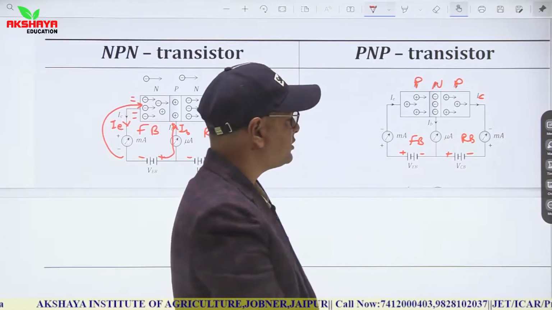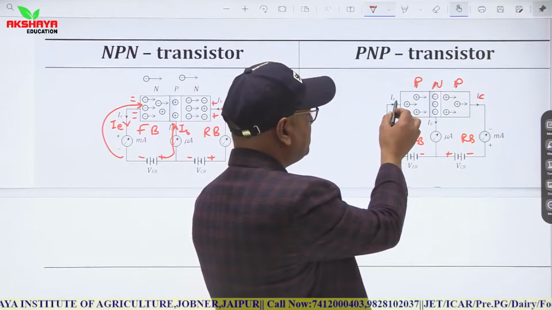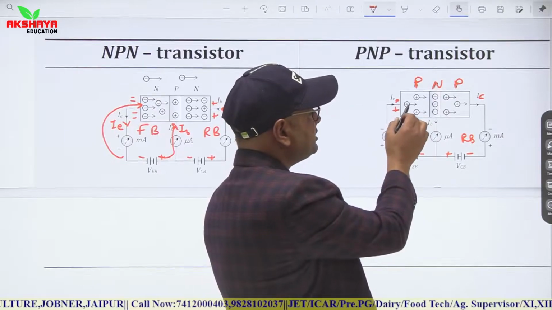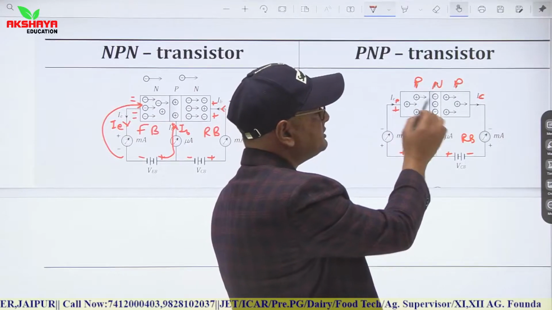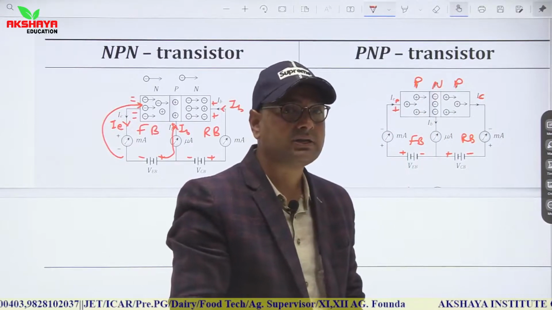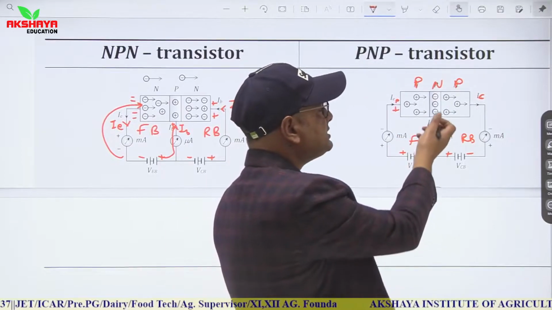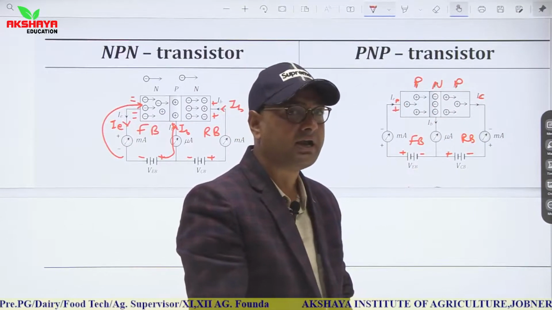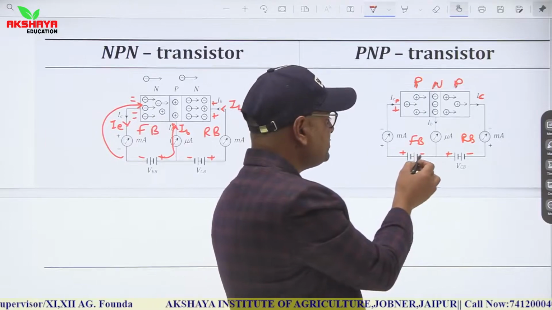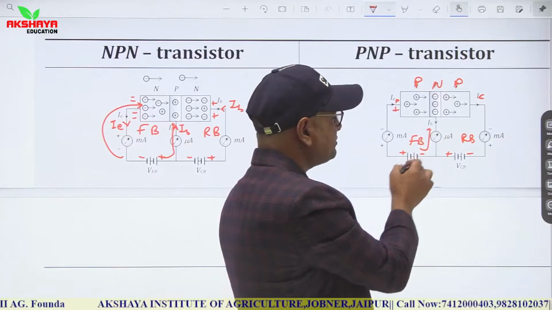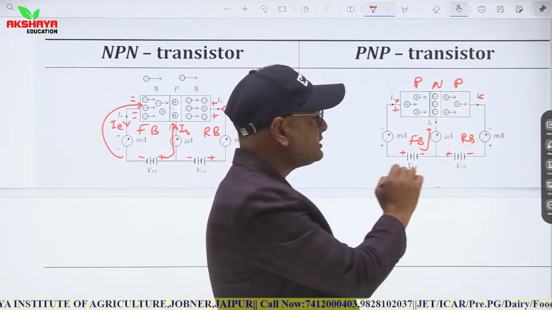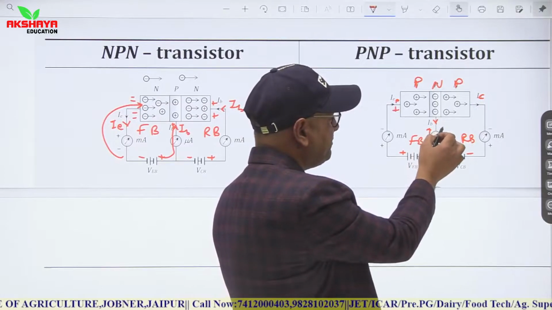So in this section also, this is connected with the positive terminal. So there is an excess of positive charge outside the P region. Again, due to repulsion of this positive charge, the holes of the P region move towards the N region, and as we know that there are excess electrons in the N region, any one hole is captured by a negative charge or free electron of the N region. Then a deficiency of electrons is created in the base region, which is filled by a negative charge from the cell. In this situation, a current is established in the opposite direction of motion of the negative charge. So this is the direction of current IB.